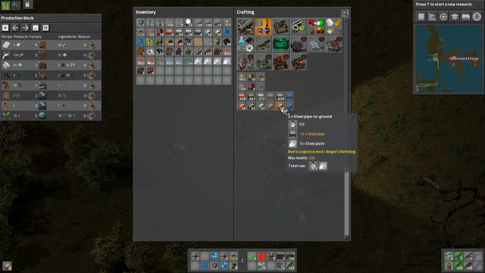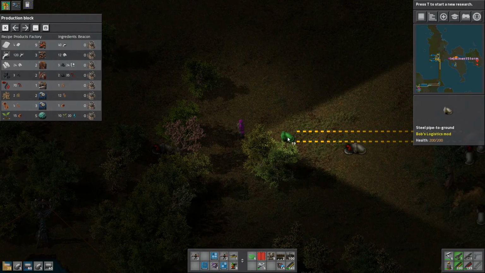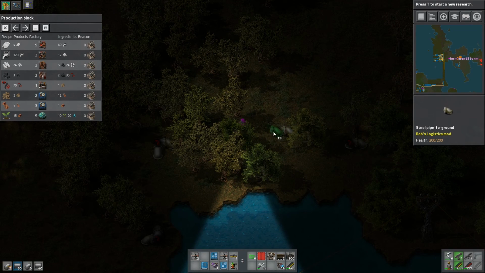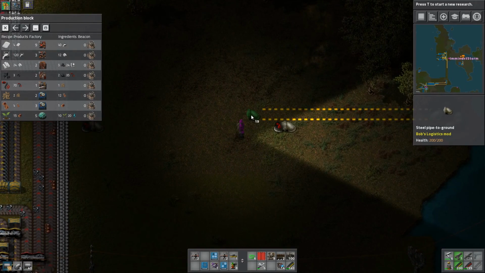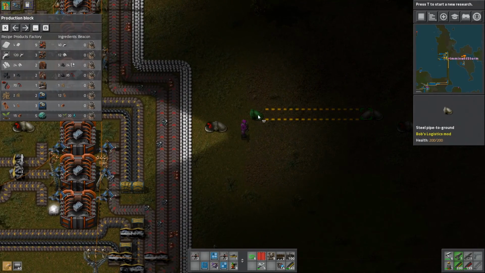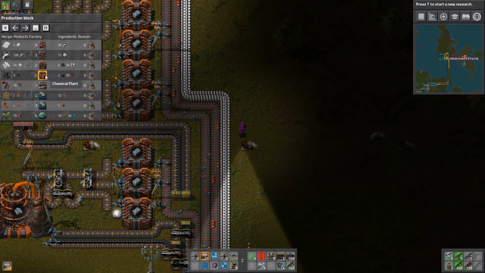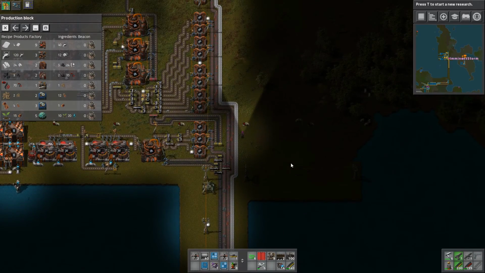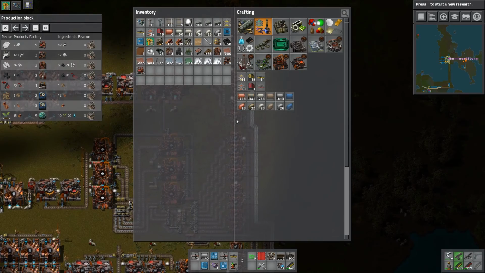Alright, we're going to need some more steel pipe to ground, which I can make a bunch of those. Alright, so now we're going to need somewhere to actually take this coke and turn it into carbon. Someplace where I can fit...